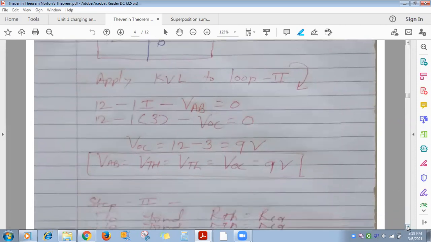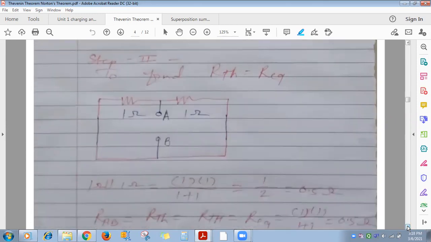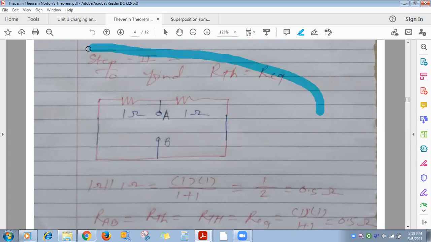Okay. Next, what is the second step now? To find R equivalent, REQ. For that, what do you have to do? Voltage sources you make short. Current sources, if there, you have to make open, and remove the load resistance. Okay, so no current source is there. The 2 voltage sources I have shorted, and across A and B the load resistance was there, which we have removed. Now observe the circuit across the A and B terminals. Everyone plotted this circuit?